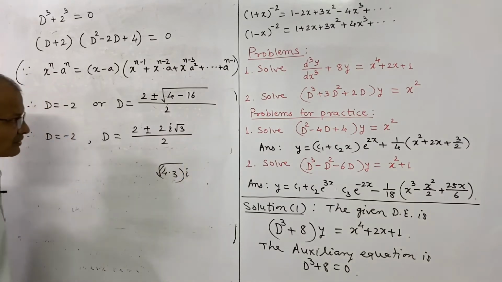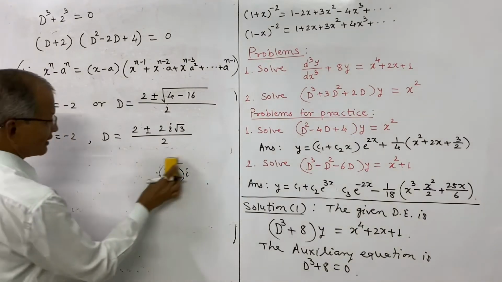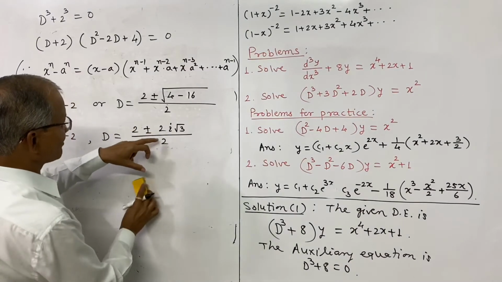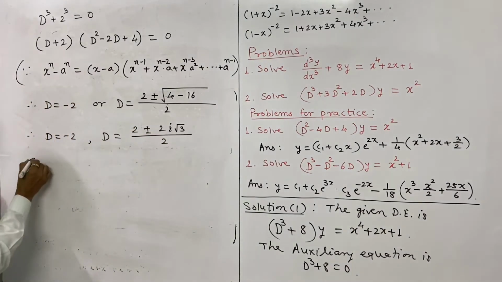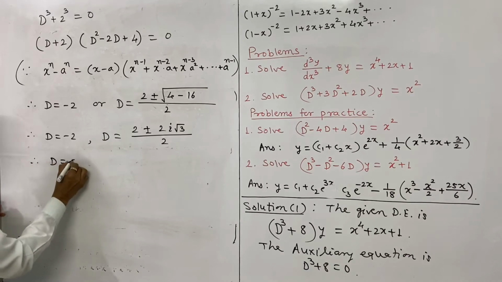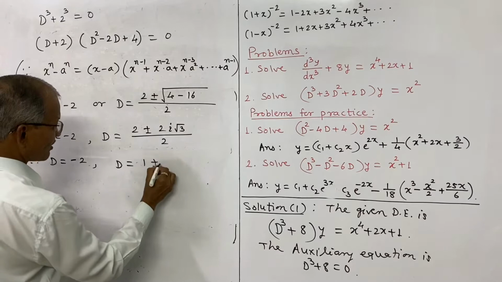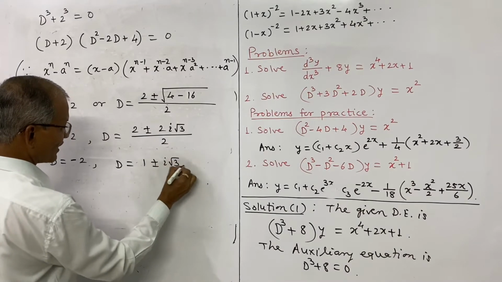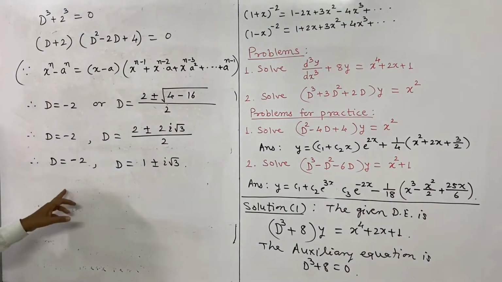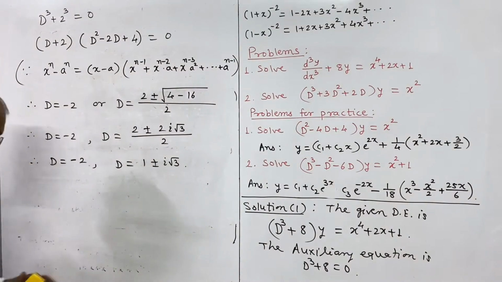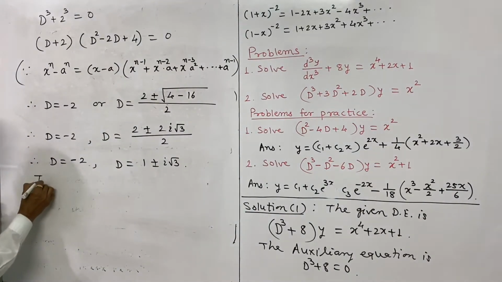So verify this, and that can be divided. After dividing by 2 this becomes 1 plus or minus i root 3. So d is equal to minus 2, or d is equal to 1 plus or minus i root 3. And after getting the roots of this auxiliary equation, we can now write the CF. Therefore, the CF is,